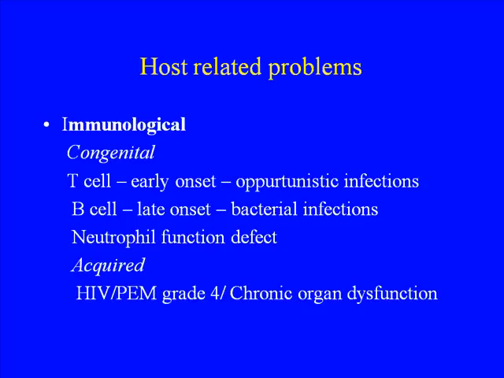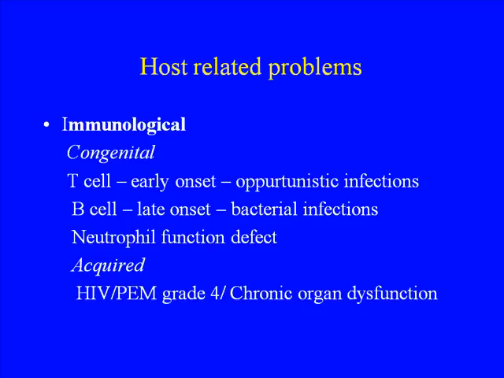B cell defect obviously comes a little later in infancy because you have maternally transmitted antibodies which protect for the first few months, and thereafter certainly those infections can come up. And then of course there are many other types of defects, and you have an acquired defect, HIV. But what we don't realize is the commonest abnormal immunological system function is not these B cell, T cell defects, but simply malnutrition. Malnutrition is a very potent immunodeficient state, and I think that we see it very, very commonly.